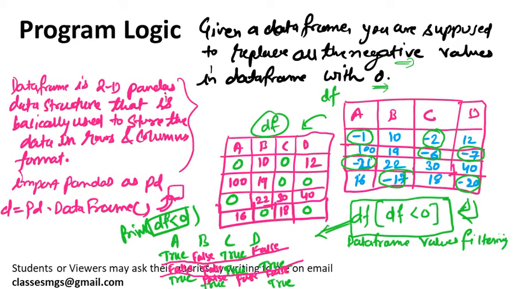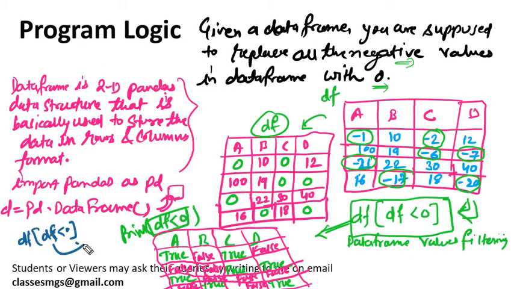The values that are less than 0 will have the true value, and the values that are greater than 0 will have the false value. And this is how the data frame will look. So if you call df less than 0, it will give you the boolean data frame that will have only true and false values. Now if you pass this boolean data frame like this, df inside df less than 0,